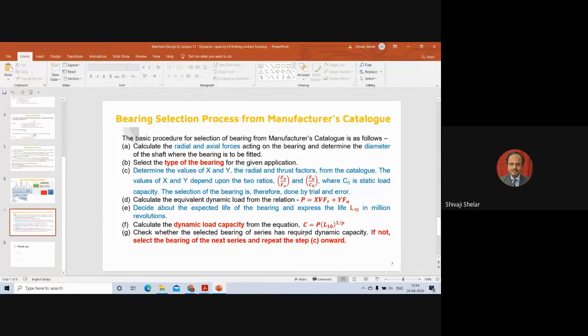Sometimes if you make the selection right, your calculation will be done in a single step, a single iteration, or sometimes you may have to do this iteration 2 or 3 times. I will explain this whenever we solve a typical problem. I will give you the hint how to make the right selection, so that you can select your bearing within minimum iteration, either the first iteration itself or maybe a maximum of the second iteration.